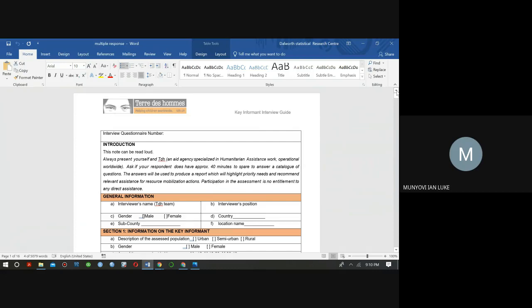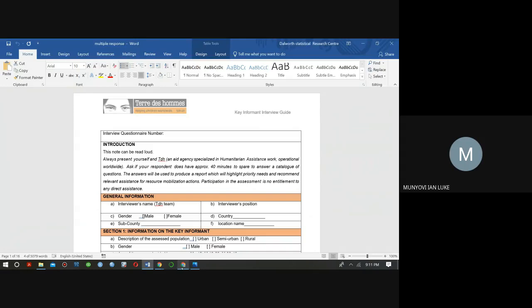So I think this tool is more of an interview guide, because the research assistant becomes part of the process, as opposed to a questionnaire where the research assistant is not part of the data collection. All they do is key in some answers.